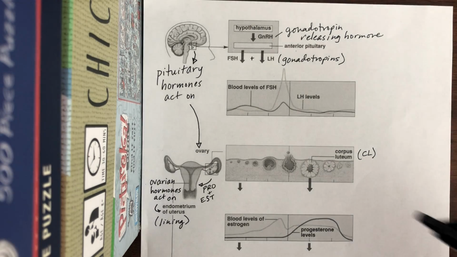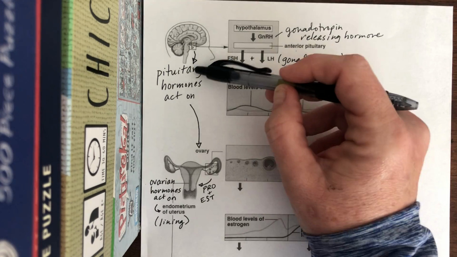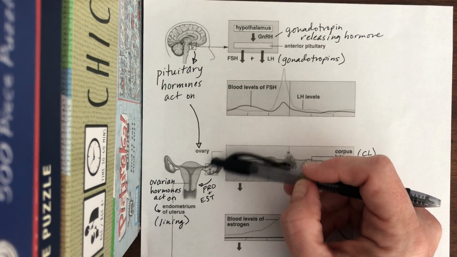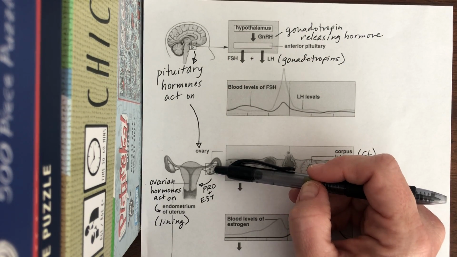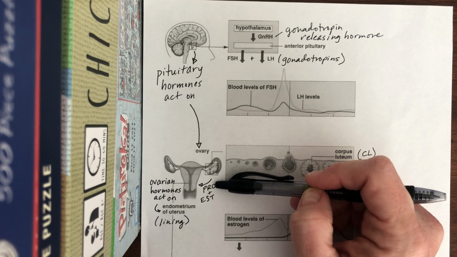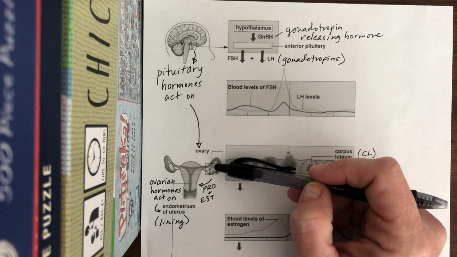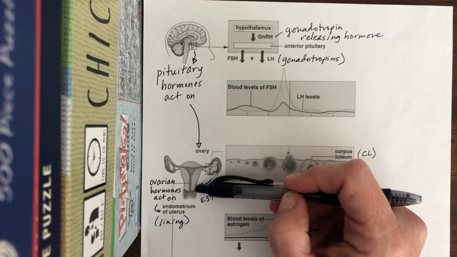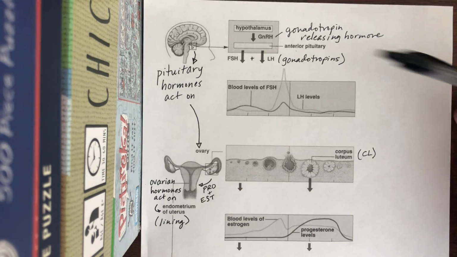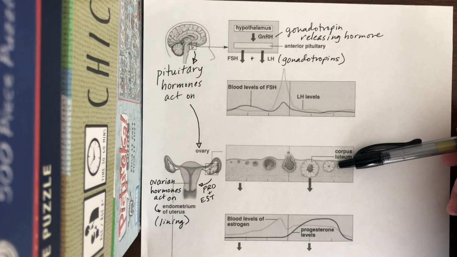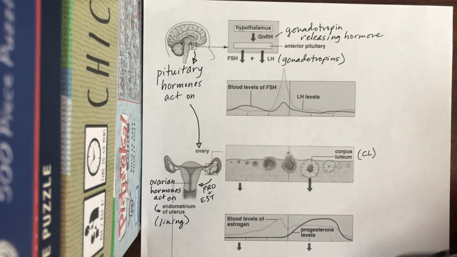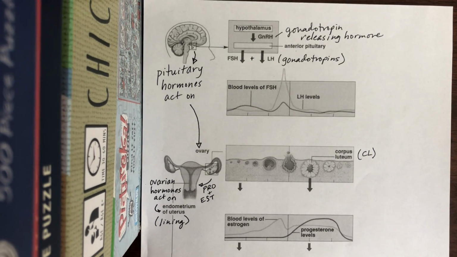We've got our pituitary hormones traveling to the ovaries. Those ovarian hormones that are produced, progesterone and estrogen, cause the lining or endometrium to build up. And then we've got graphs of the hormone levels and details of what's happening to the cells inside the ovary